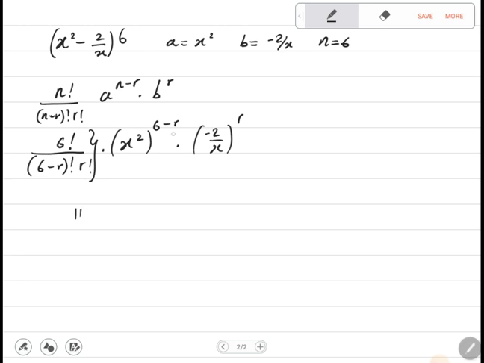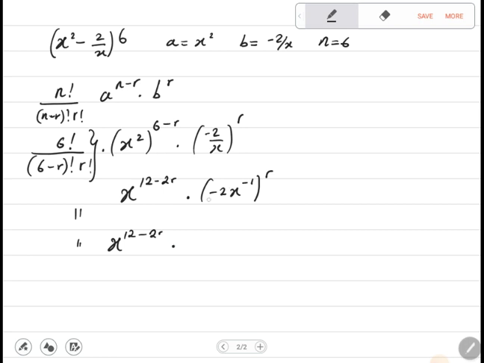The powers 2 and 6 minus r will multiply each other. Remember, powers will multiply each other. This will give us x to the power 12 minus 2r. Now let's write this one in the way it's supposed to be. Negative 2 over x is the same as negative 2 times x to the power negative 1, all to the power r. I've just reciprocated this one here. Now this r is multiplying everything inside here. That means we have x to the power 12 minus 2r multiplying by